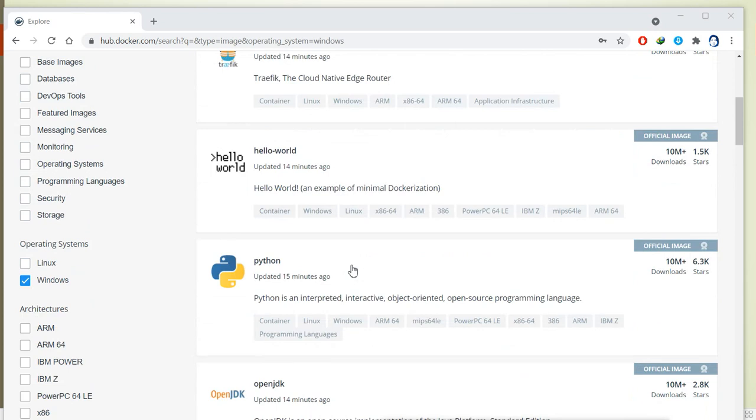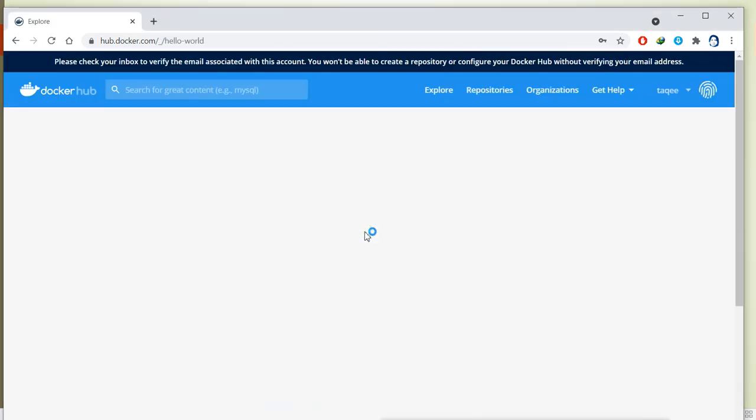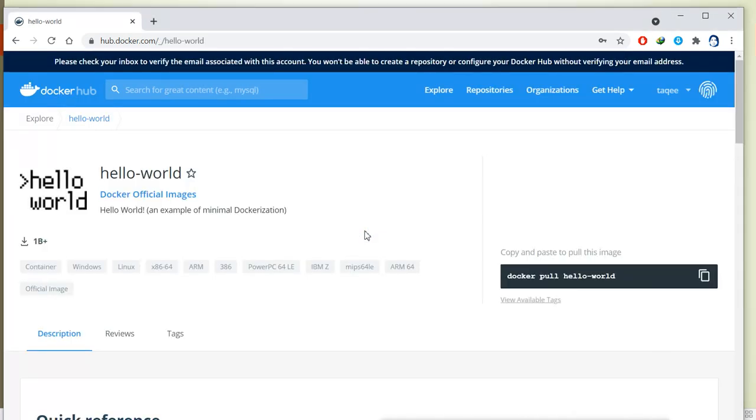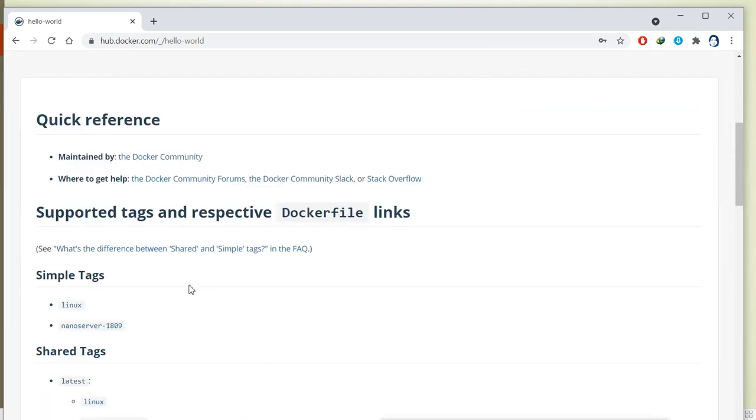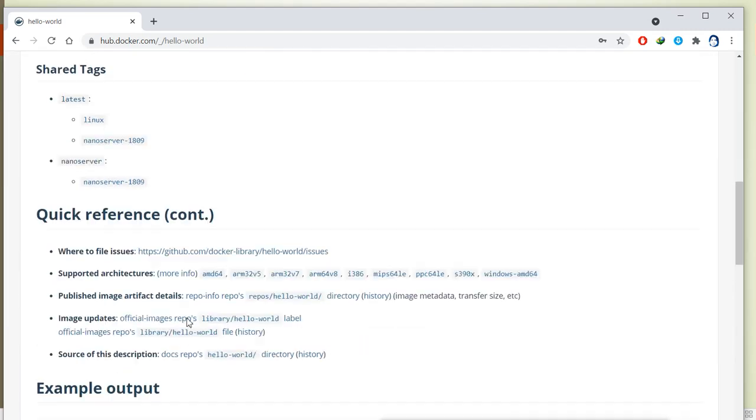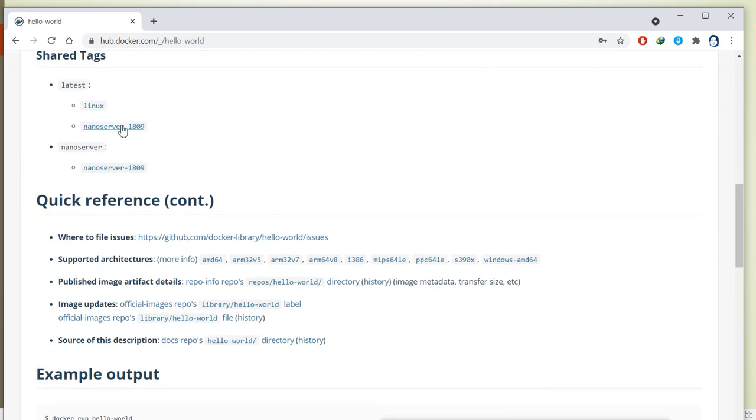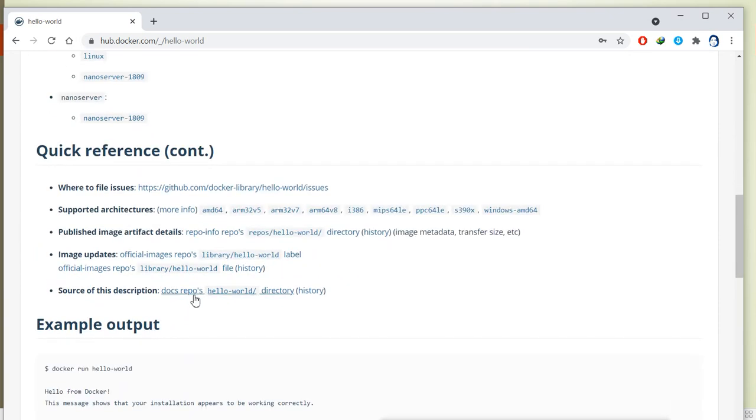Now I have logged in with my account here, so I can pull these images. I can see this, and it will show me how I can pull them.